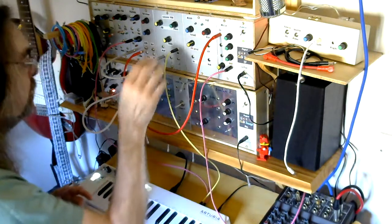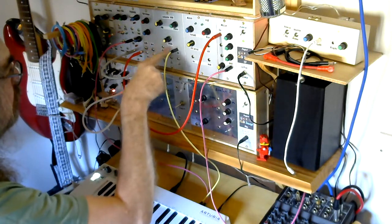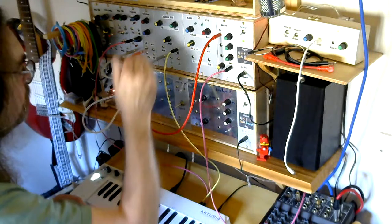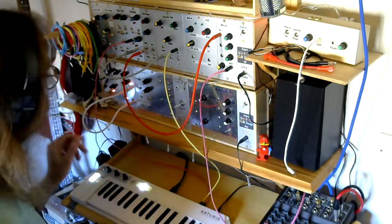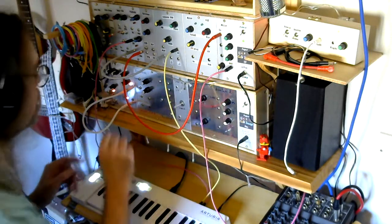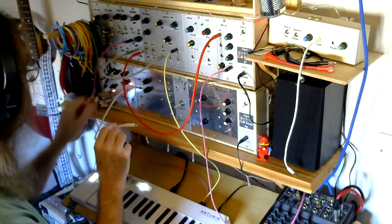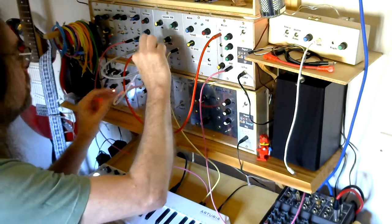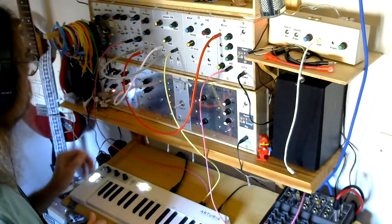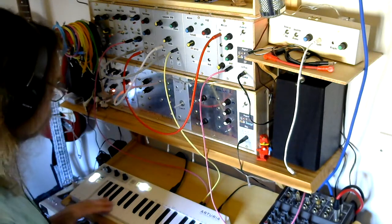But also, one of the features we've got on this is a pulse width modulation input and a pulse width modulation control, which is just controlling the CV level going into the modulation. Classically, you would probably modulate this with an LFO. So I'm going to use the LFO on my Project 9, and I'm going to inject a square wave low frequency oscillator, that's actually running quite quick at the moment, into pulse width modulation. So if I hold the key down,